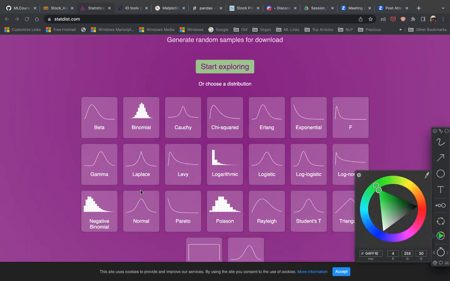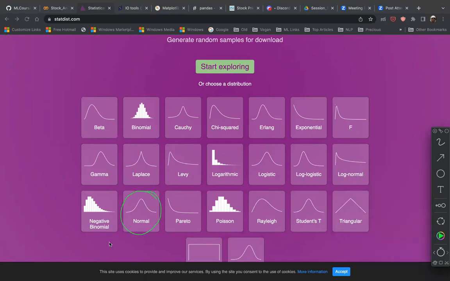Let me take a different color. So the normal distribution we explored looks like a bell curve. There are quite a few other distributions like binomial distributions, quite widely used. We look at logistic distribution when you come to logistic regression. Exponential distribution, very popular, quite widely used, and Poisson distribution, right? Of course, I'm not going to cover all of them, but a couple of them. And once you get used to it, because there are quite a few significant distributions,